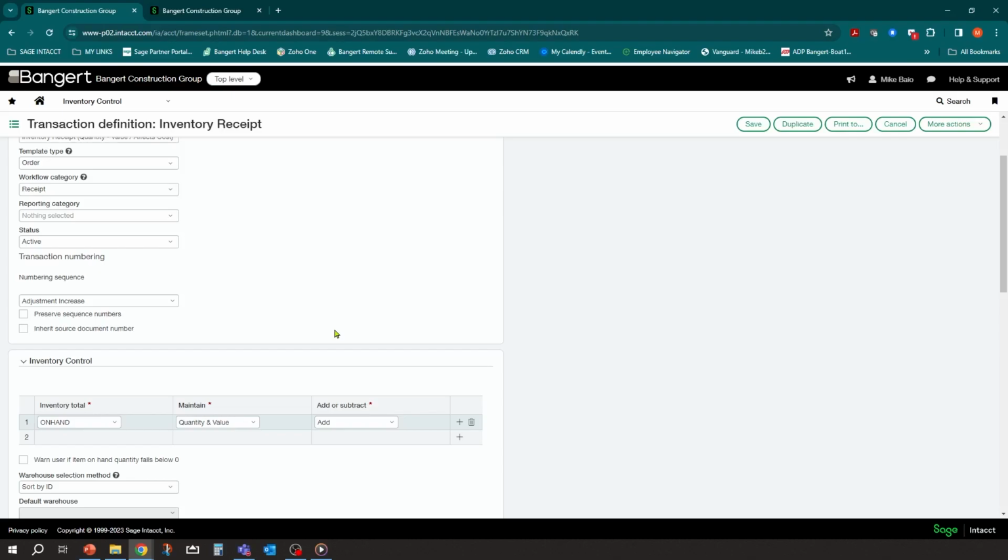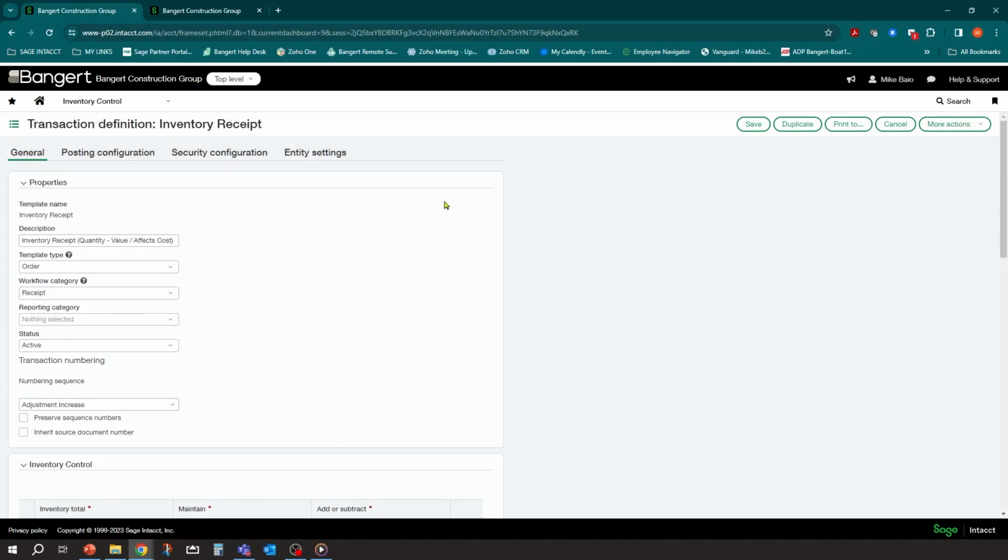So once these inventory transaction definitions are set up and ready to go, we're ready to move on to some workflow entry and test out our definitions. So there's going to be some testing involved. I'd recommend getting them set up and putting some testing through the system.